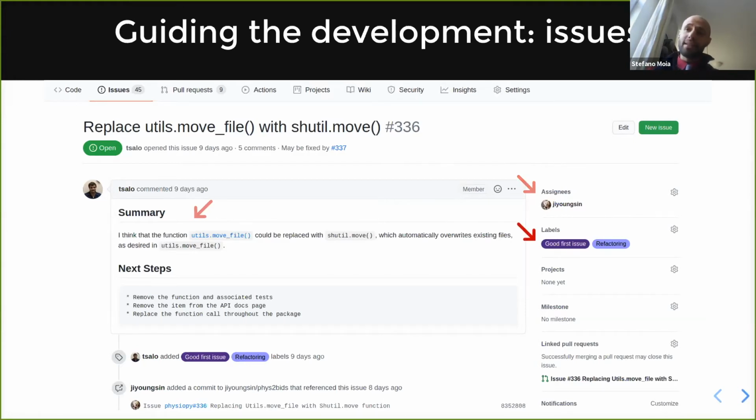And it's interesting to notice that issues and also pull requests can be labeled. Labels are another way to categorize issues and pull requests that we can use in order to make our contributions clearer. And one very nice label that you should know by now, but it's good to have and know in case you see one, is the good first issue label. Because that's normally a label that you will find on issues that are easy to do for newcomers in order for you to get acquainted with the process and the development of a particular repository.